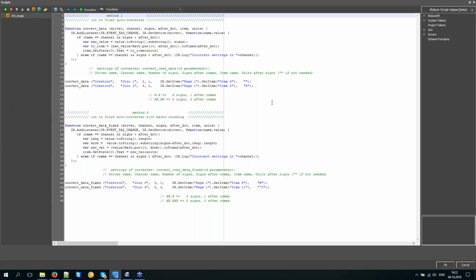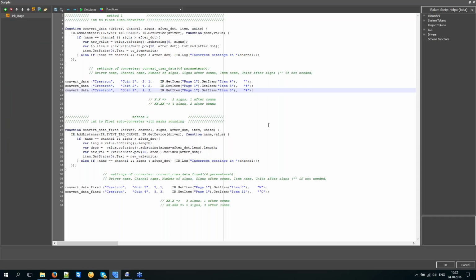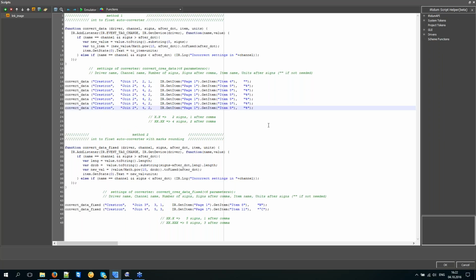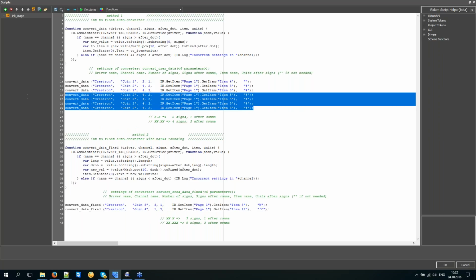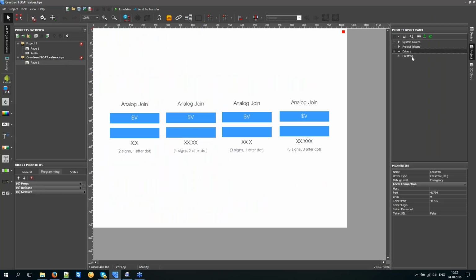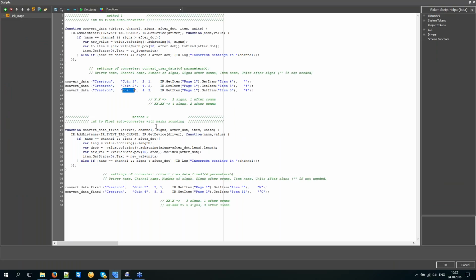It is based on script, but you don't have to know JavaScript to use these methods. You just have to copy these strings of converting description, like I'm doing now. Please see. And as a result, you are receiving the tool for converting of Crestron values. Here is the name of Crestron driver from device panel. Here it is. Then you have to type name of Crestron join, feedback join you want to convert from integer